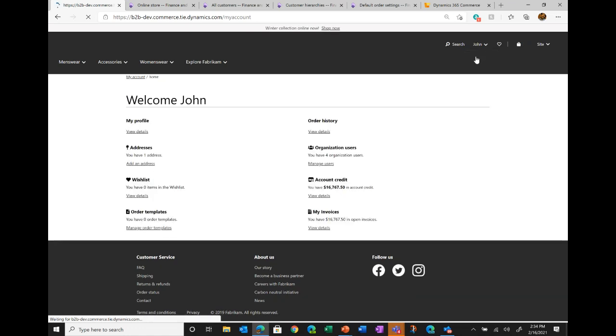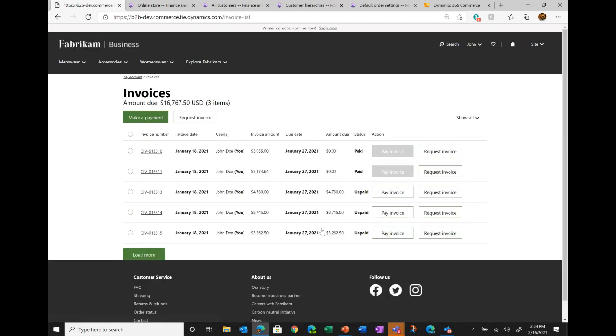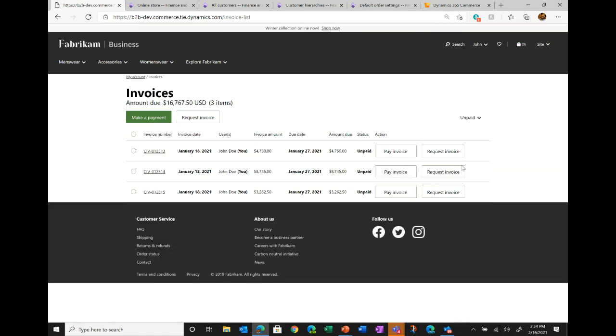So in addition to seeing the details of an account, the users can also come to the My Invoices view over here, and the users can see the list of open sales invoices. Basically, the users can see the list of invoices, and then they can choose to apply a filter on that list view. So for example, if they only want to see unpaid invoices, they can choose this option.